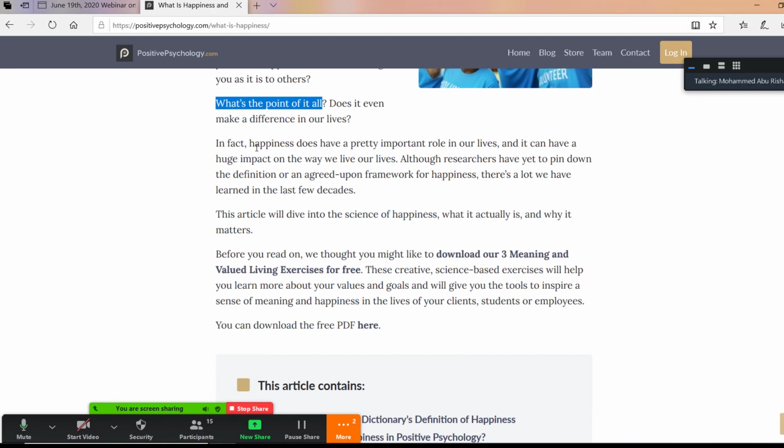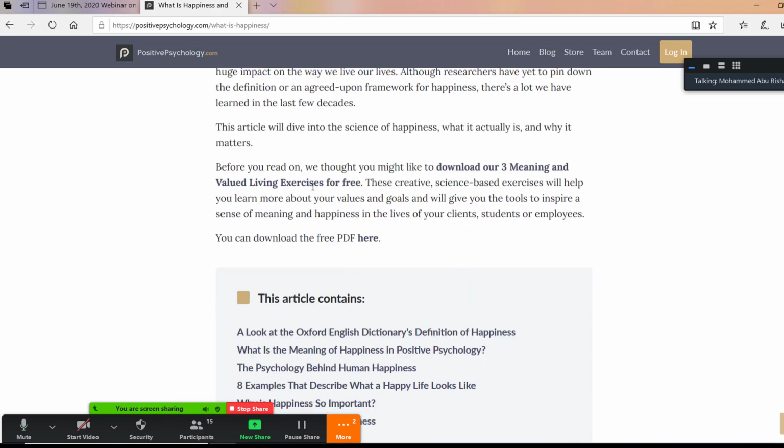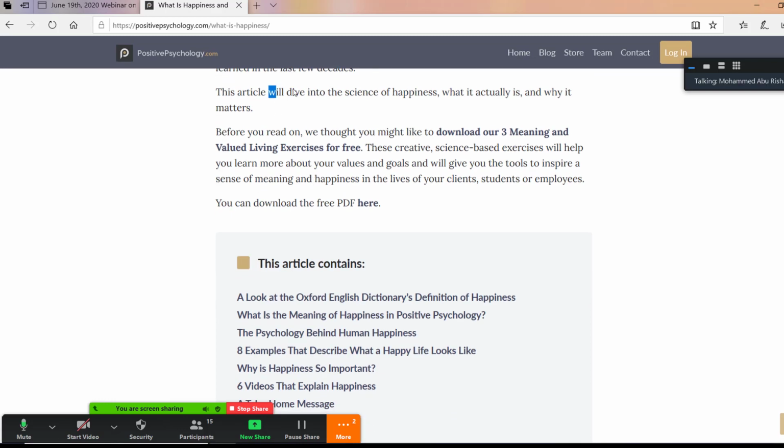And look here, happiness does have a pretty important role in our lives, and it can have a huge impact on the way we live our lives. This is what I missed in translation, what I did not remember in the back translation. And you see also other expressions like researchers have yet to pin down the definition or an agreed upon framework for happiness. Let's see. This article will dive into the science of happiness, what it actually is and why it